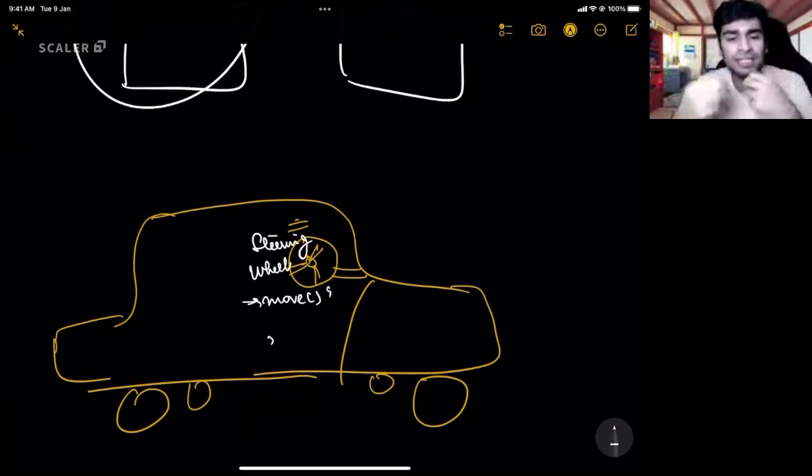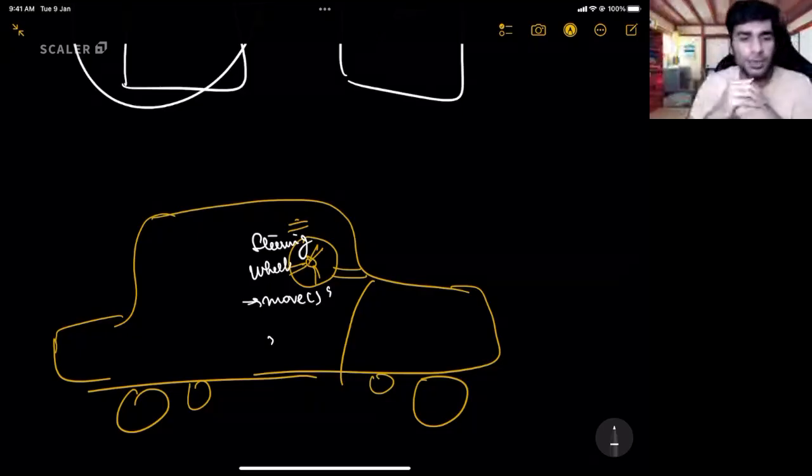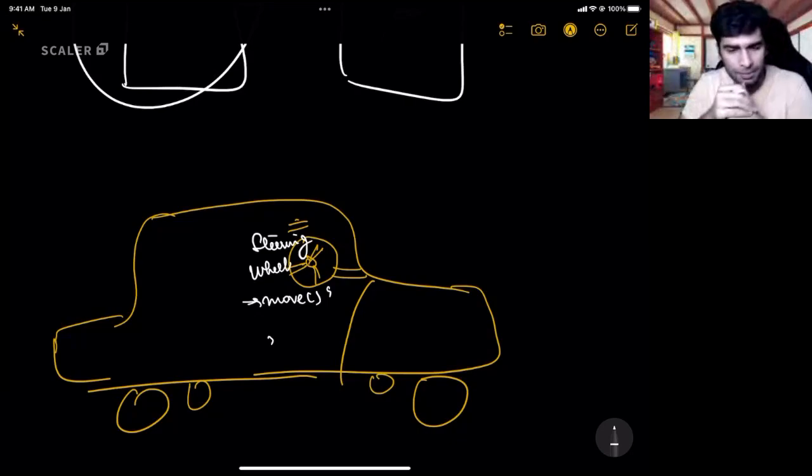Another example, Viru has given a very good example. When you solve an assignment on Scaler, do you care about how internally the assignment is going to be judged? Do you care about that? No, you only give the code to it and that's it. You don't care about anything. You submit the code and however the system works internally, you don't care about it.